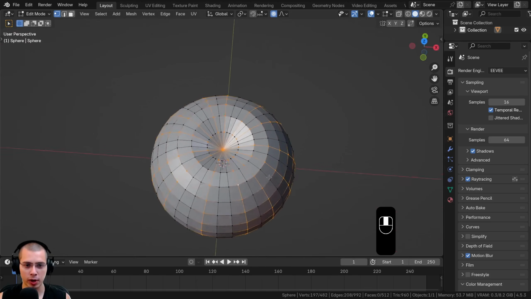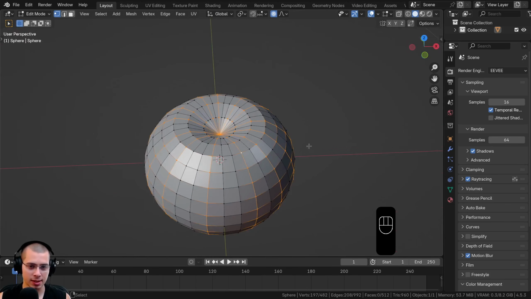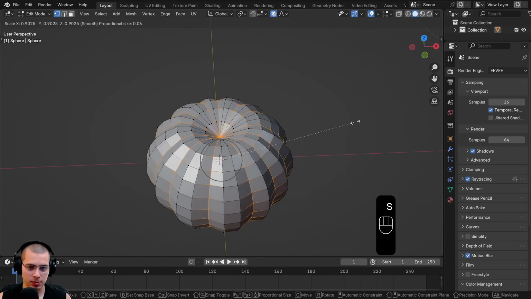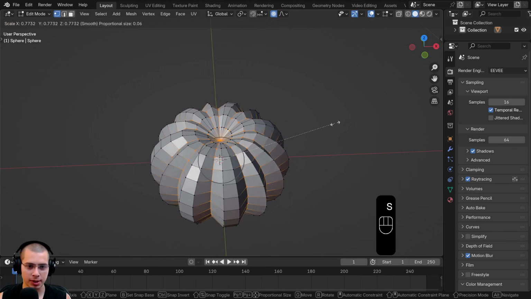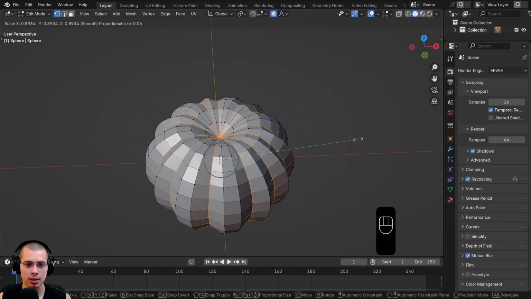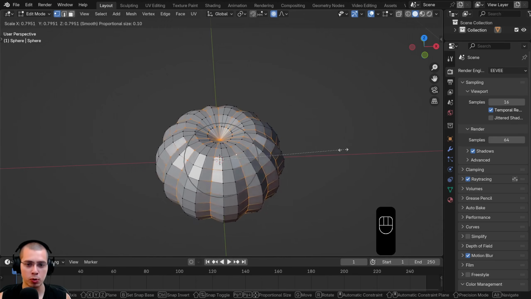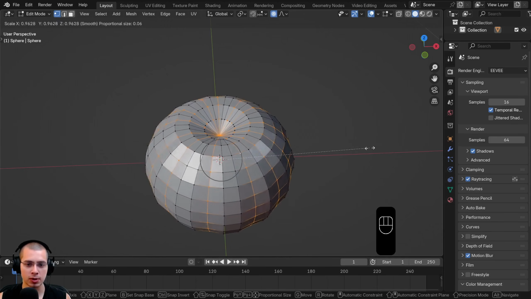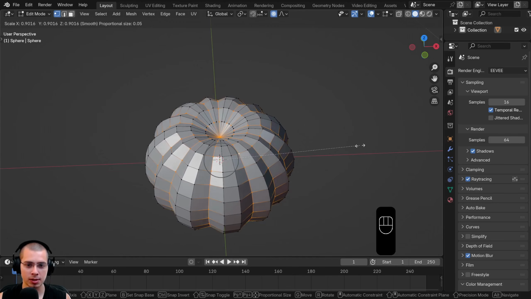So you can see we just have some random loops, and I want to scale these in. So I'm going to hit S to scale, and we're going to scale them all down. And then again, if you scroll your mouse wheel, that's going to change the size of the proportional editing. So if it's bigger, it's going to pull more of the mesh with it. If it's smaller, it's not going to pull as much of the mesh. So I'm just going to scale everything down just a little bit, maybe like that, and then click to place